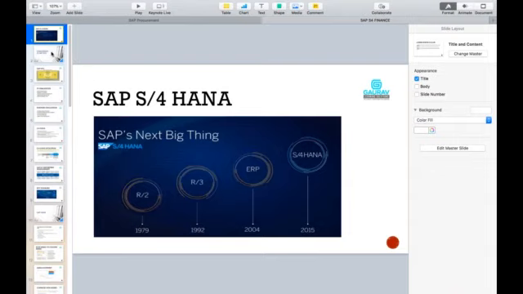So for example, you have a user matrix. In the user matrix, you already said this user will be responsible for creating the vendor invoice and making the vendor payment. Now for creating the vendor invoice, this is an app. For making the vendor payment, this is an app. So which role should I provide to this user so that he is able to access both those apps?